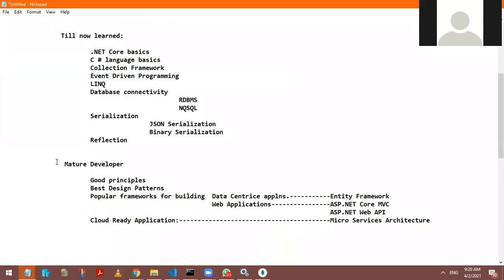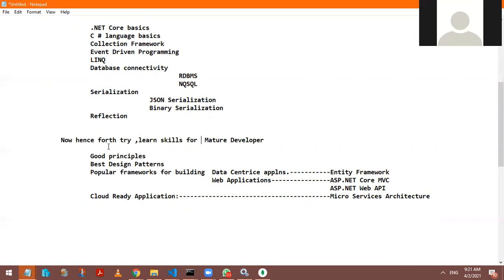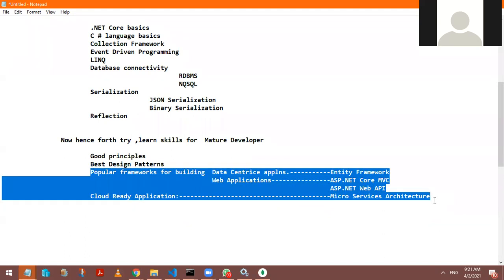Now henceforth, try to learn skills for a mature developer, where we would like to focus on good principles, best design practices, and use all these things in our upcoming sessions. This is the way I have organized my sessions from Monday itself.